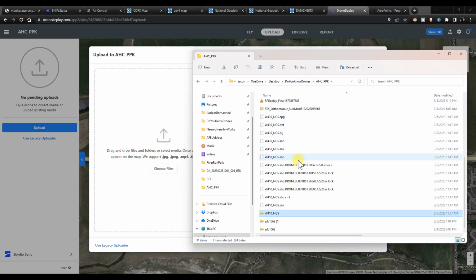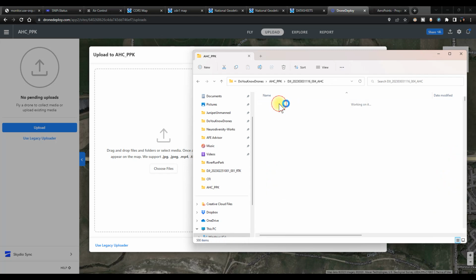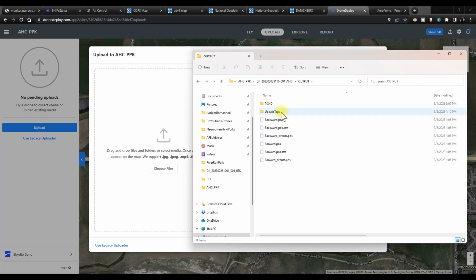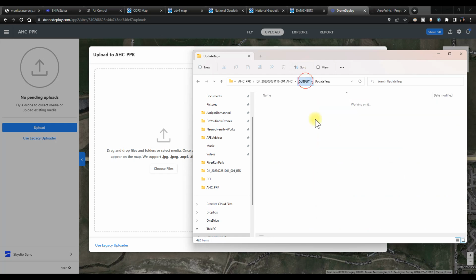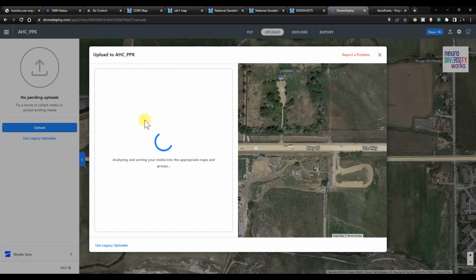And if we go back into the folder that we created, so here's the DJI folder. You can see there's a new output folder. In this output folder, you're going to have this folder called Update Tags. And this now has all of the photos with the updated tags. So we're just going to, we can go back a level and just take Update Tags, drag and drop into